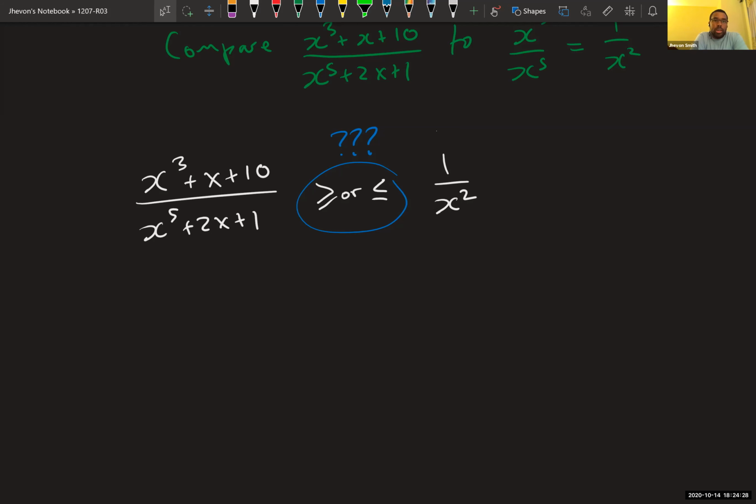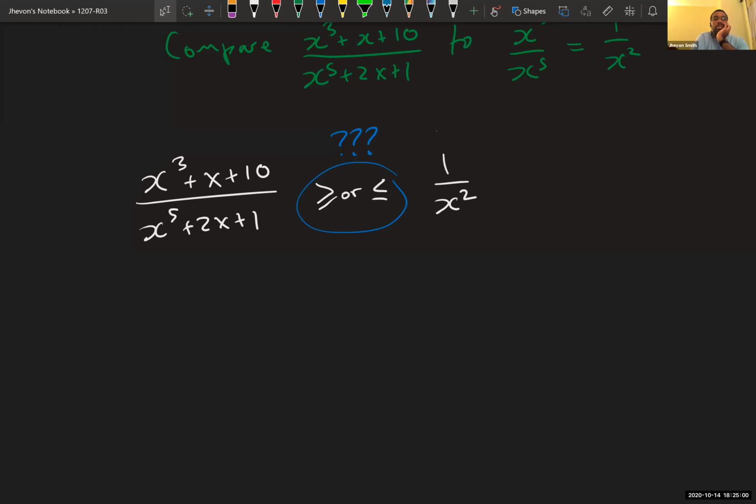For example, I can plug in x equals 0 on the left side. I cannot plug it in on the right side. If I plug in x equals 1 on the left side, I would get a different answer than if I plug in x equals 1 on the right side. So they're not the same. As far as limits are concerned, they would approach the same thing, but I'm not talking about a limit. I'm actually talking about an integral, which is a little bit more complicated, right? So strictly speaking, they're not the same.